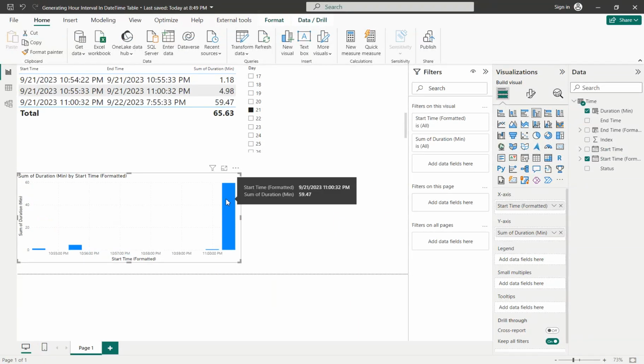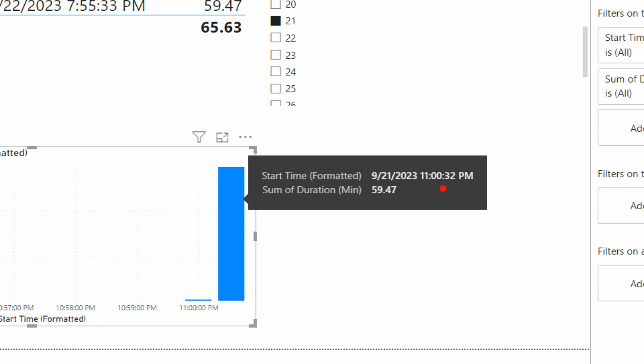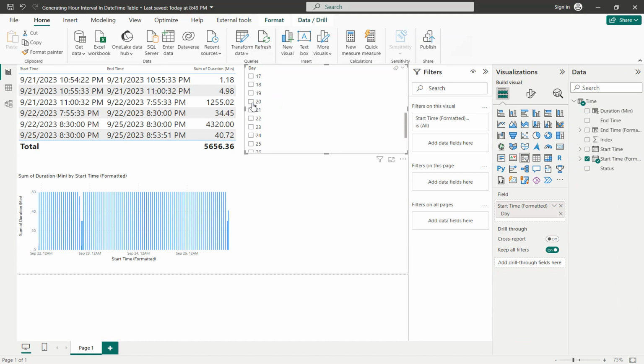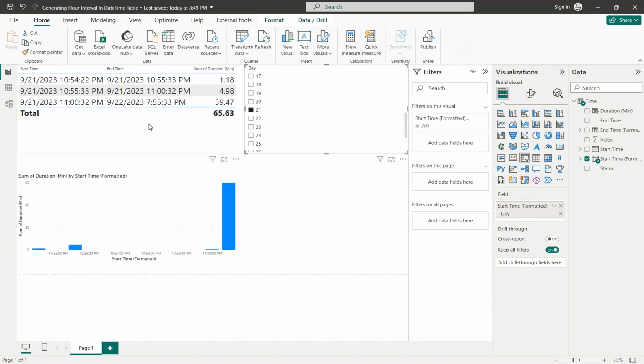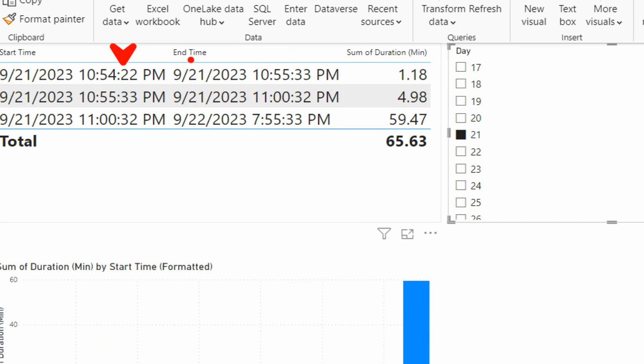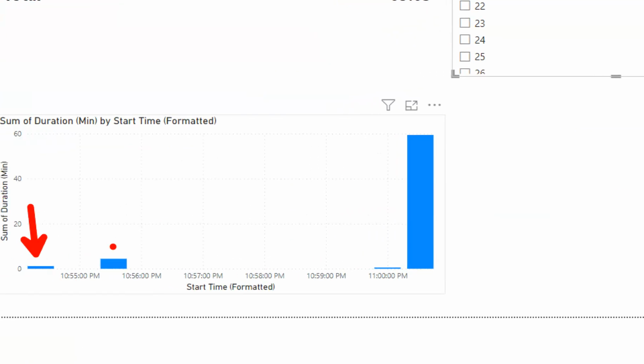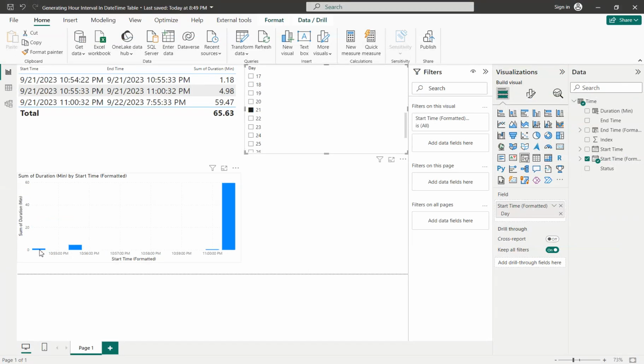So let's say here, beginning from 11:32 p.m., it ran for 59 minutes until 12 a.m. of the 22nd of September. Let's see, so the 21st, right? Okay, so the 21st would see 10:54 at night, 10:55 at night, and 11 o'clock. So here I will have differing entries, 10:55, I believe. Yep, 10:54, 1.18 minutes, 10:55, 4.45 minutes, and here would be my